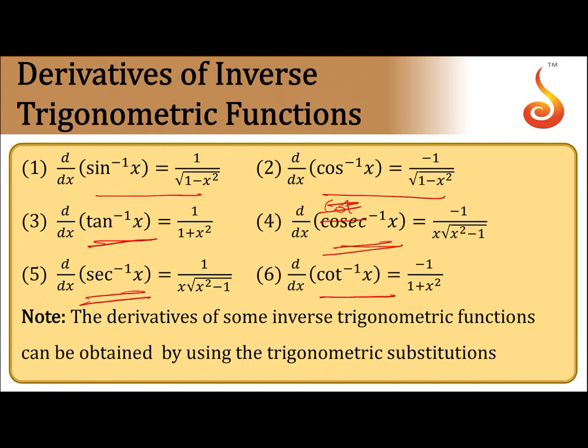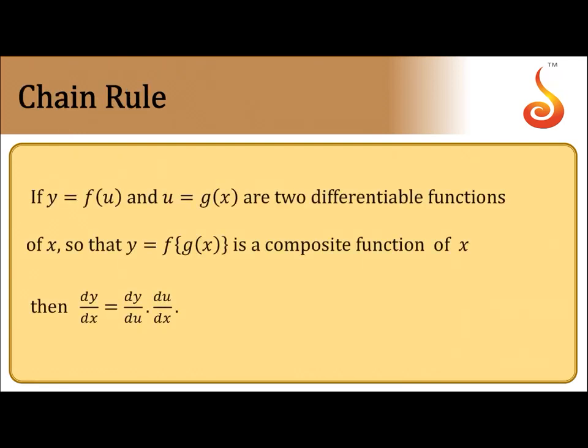So the derivative of some inverse trigonometric functions can be obtained by using the trigonometric substitution. So when you go for substitutions and simplifying, you get the answer. What is meant by chain rule? Chain rule is nothing but whenever you find the composite function, then the derivative of this composite function can be